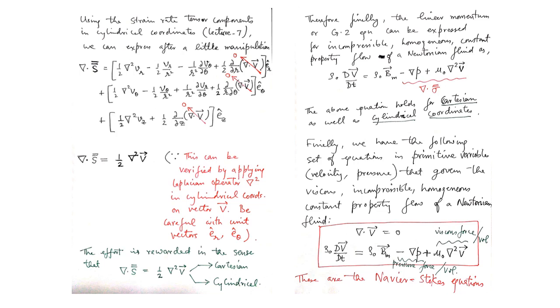It's the pressure force per unit volume on the fluid particles or any particle on which these equations apply, and as I said, the much awaited viscous force expression for these type of flows, mu naught del square V or Laplacian of V. So this is the viscous force per unit volume acting on a fluid particle in incompressible, homogeneous, constant property flow. So these equations that you are seeing at the last inside my box, the red box, these